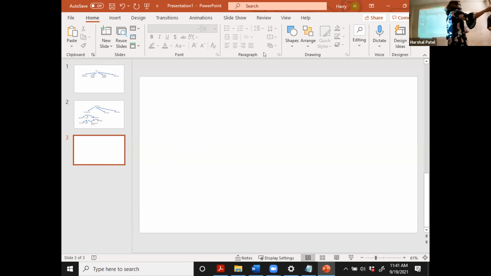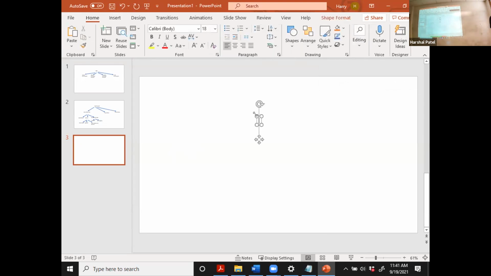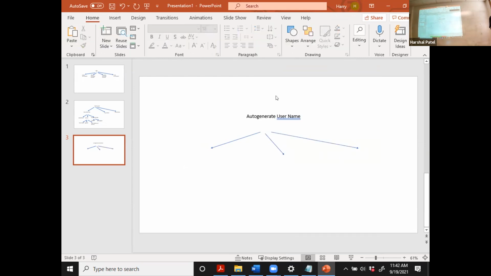So think about it, right? So your requirement is, that's what your requirement is, right? So the possible scenario you're going to have is, so the first thing is